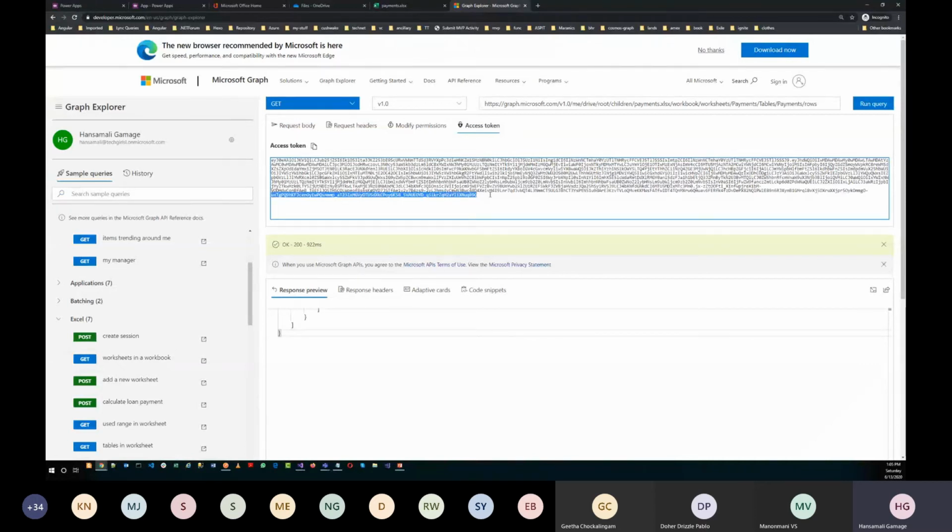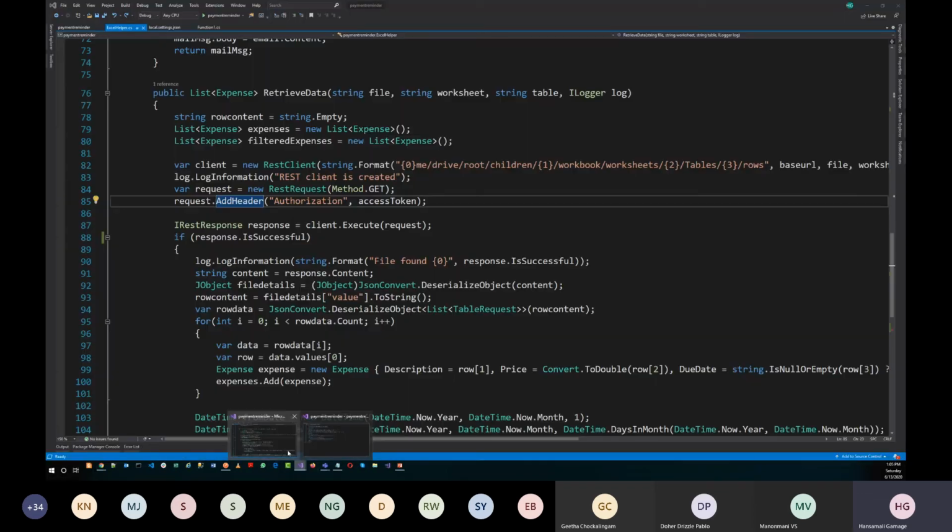To your Azure function, you have to provide this access token. That's what I have done here. You are creating a REST client and a get request and providing the access token as the authorization header.